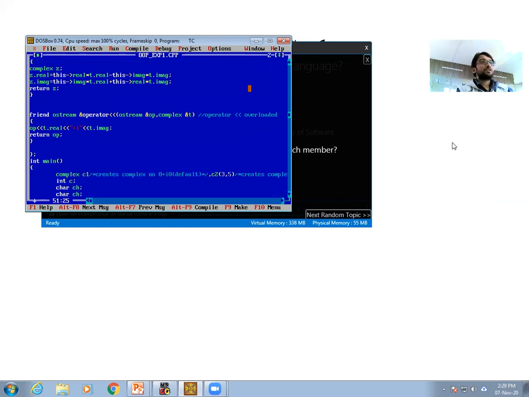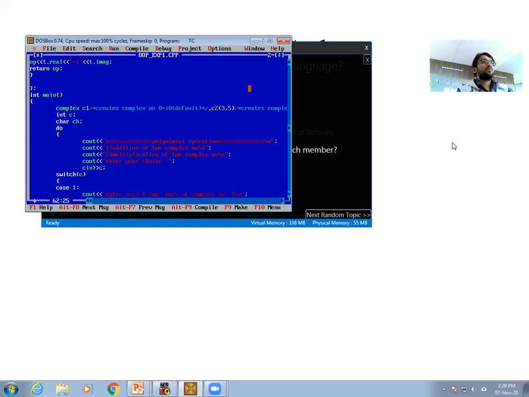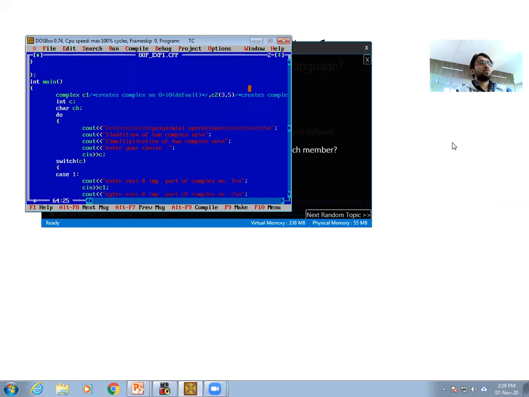So let us try to discuss this program with the help of the main function. We all know that the execution of the program you want to run always starts with your main function. Whenever you run that program, we enter the program with the help of the main function.